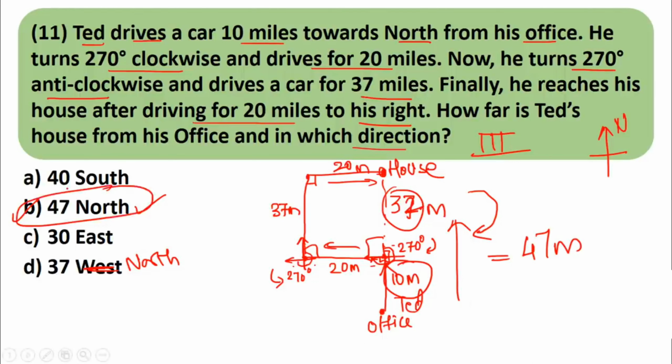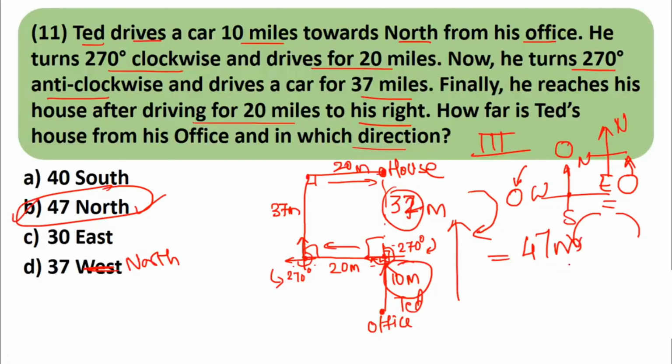See how easy directions are. You just need to remember there are 4 directions: north, south, east, west. The sun rises in the east, sets in the west. At 12 noon, the sun is on the top and we cannot see our shadow. When the sun rises in the east, the shadow is on the west. When it sets in the west, the shadow is on the east. And you should remember this is clockwise like a clock and this is anti-clockwise, exactly opposite.